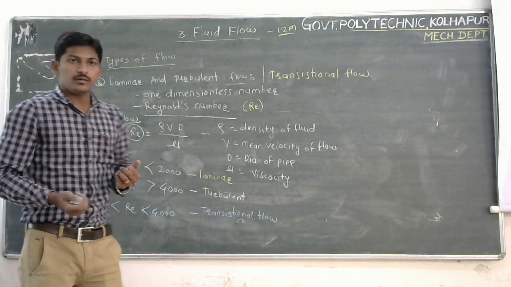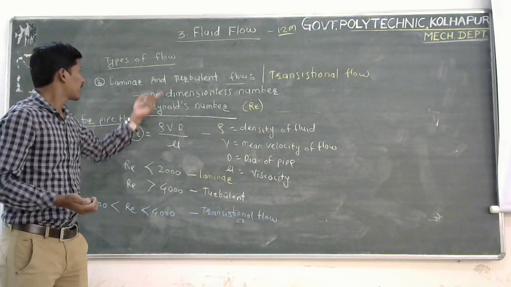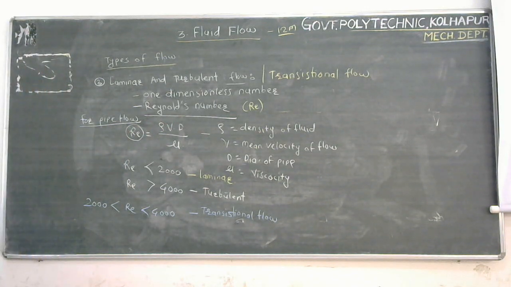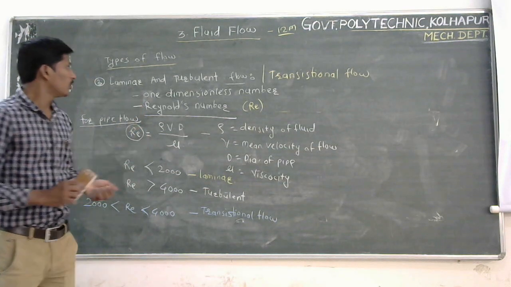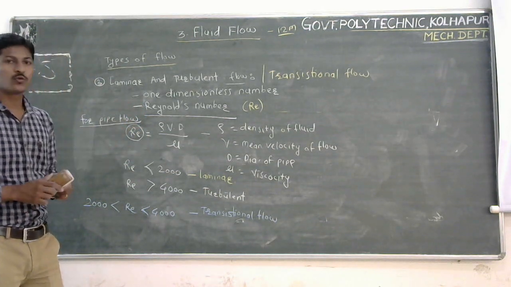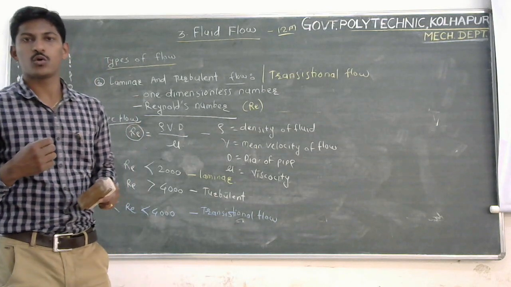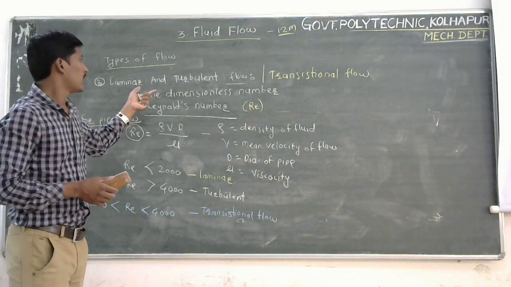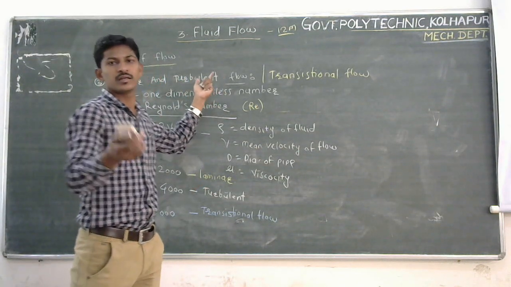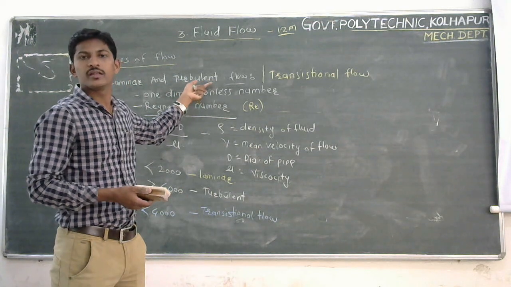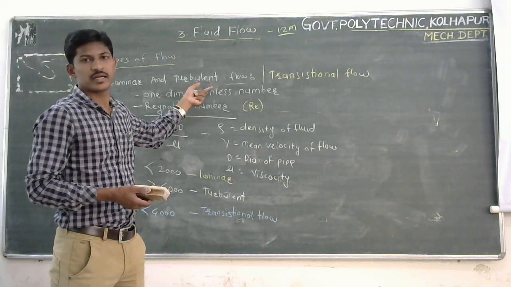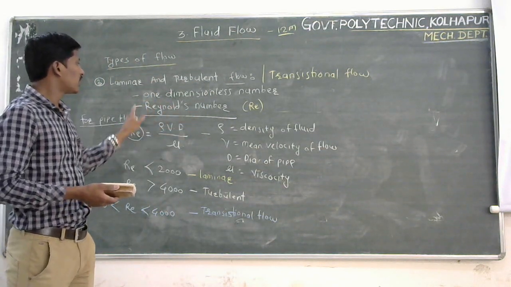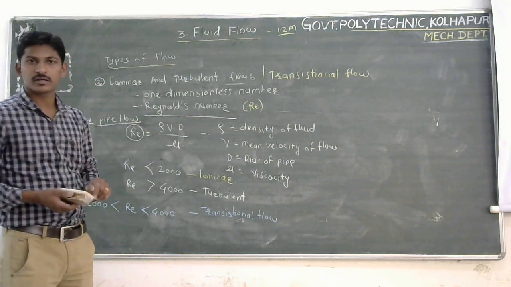It is categorized based on one of the dimensionless numbers. One more example we can give here is the flow of blood in the human body. That is also an example of laminar flow. And for turbulent flow, I have already given a real example, that is the flow of fluid in a river at the time of floods. We have also explained that this categorization depends on the Reynolds number.